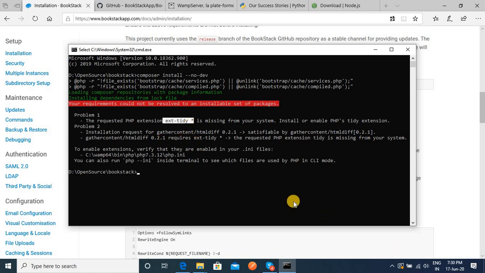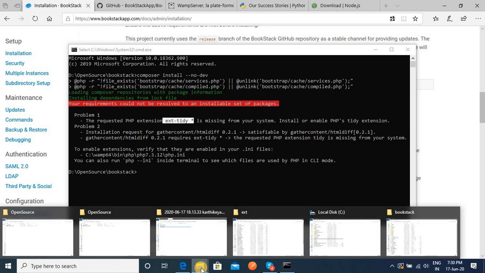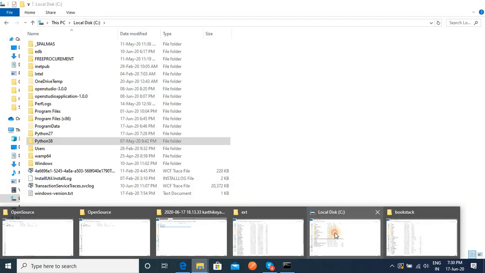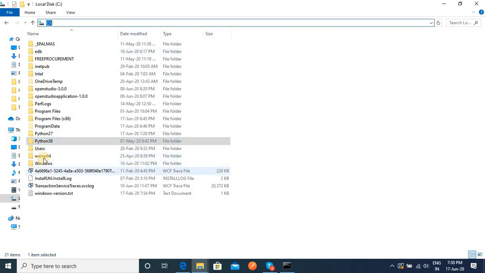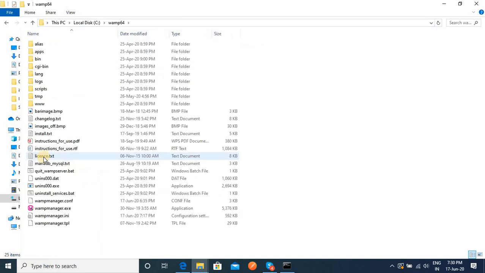After installing the WAMP server, you can see that the wamp folder will be available in C colon, and you can open wamp64, and before that you have to type